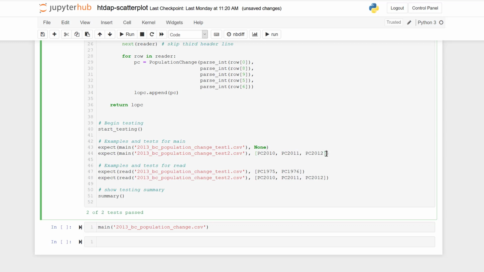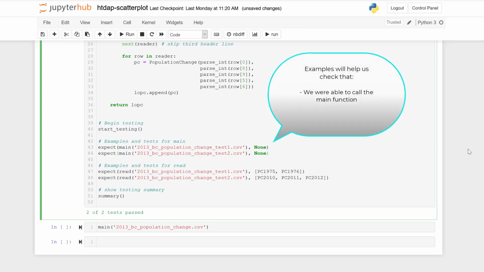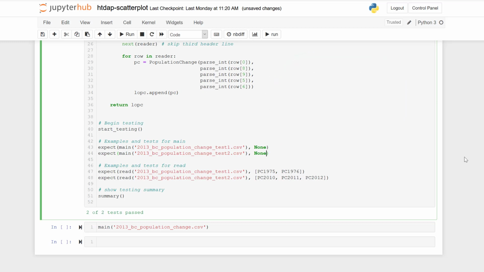In main, we expect the return value to be none. Note that the examples will not help us check if our scatter plot looks the way that we expect it to look. Instead, our examples will help us check that we're able to call the main function, that the value none is returned, and that there are no errors. If errors are generated, then we know we need to fix them.